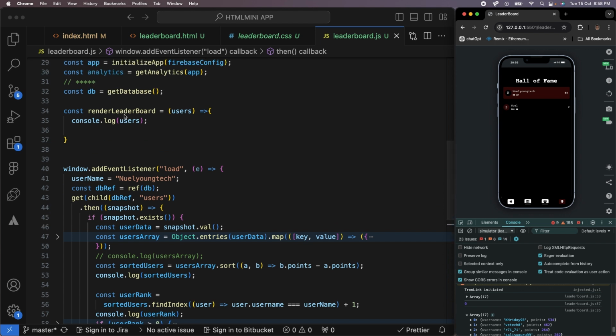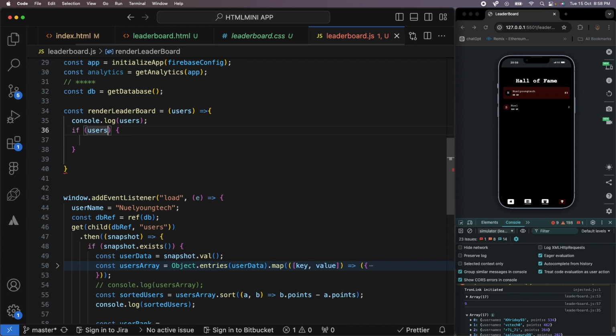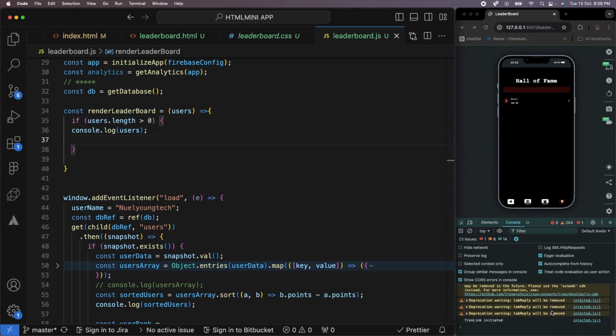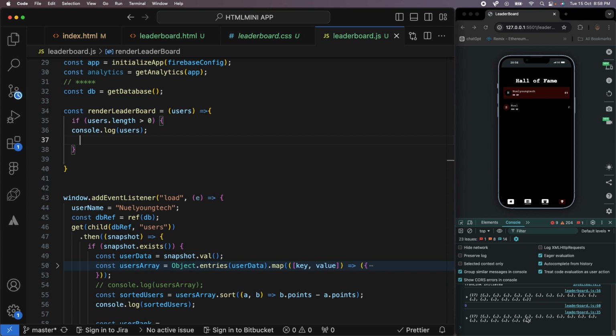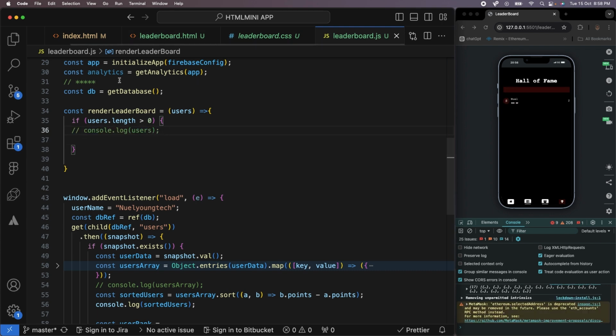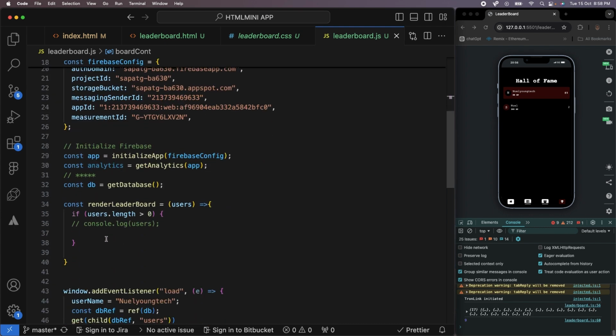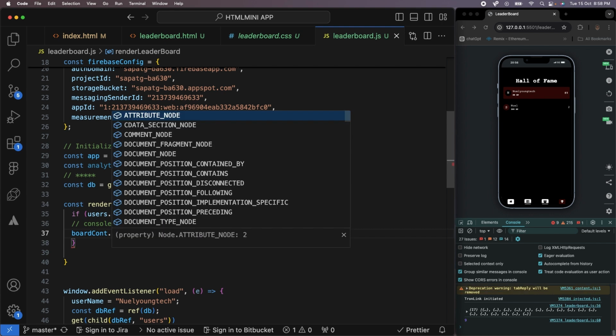So 35, yeah. So we are getting it. Let's check for the length. If users dot length is greater than 0, that means it exists. Let's check it. Okay, so it's working. So we'll be adding it on this one, board counts, like the other one. How we did the other one, but